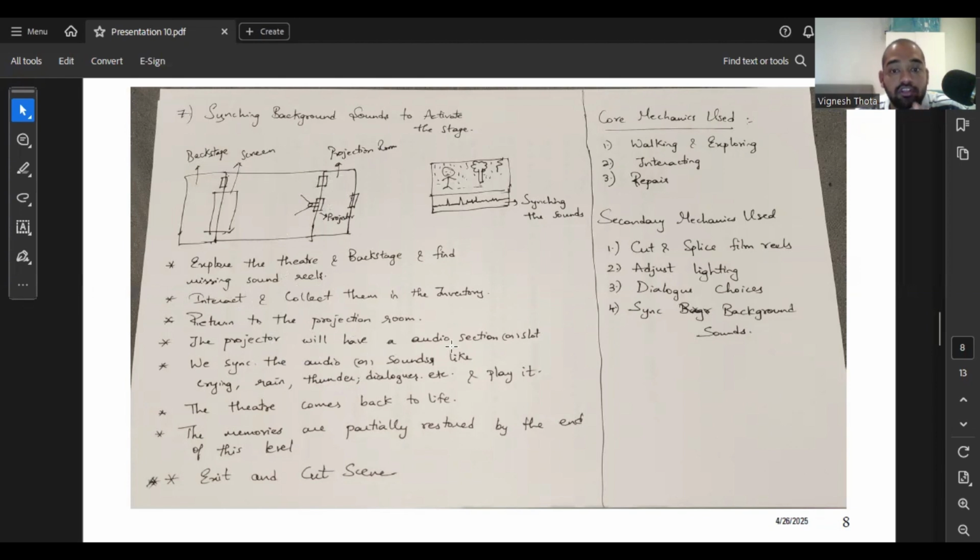the audio reels. The projector will have an audio section, so he puts them in the projector. This projector will have a video section and an audio section. Once both sync, you'll get the video and the audio together. We sync the audio and sounds, like dialogue, rain, thunder, whatever is happening in the film, similar to this. This is the example. So depending on the scene, we sync the